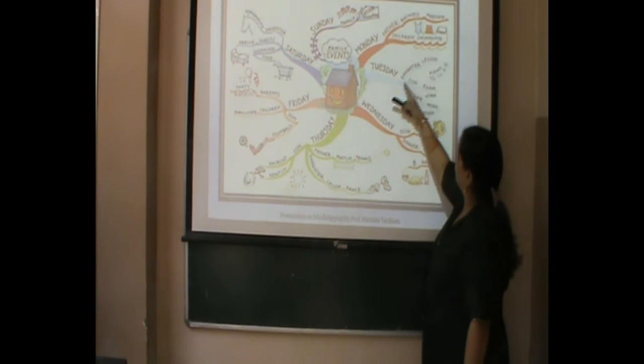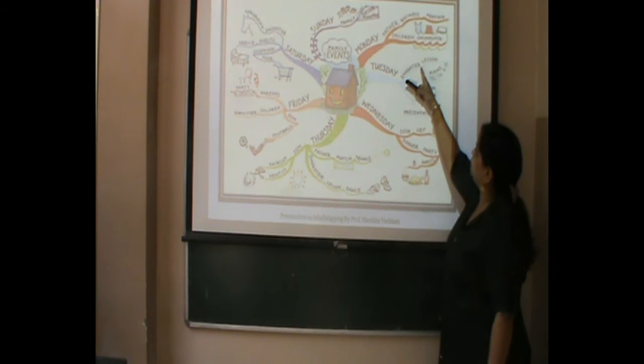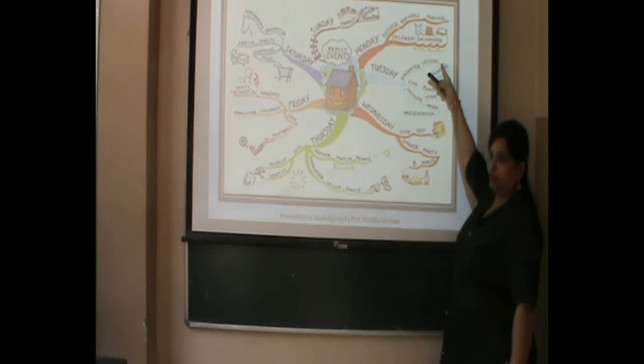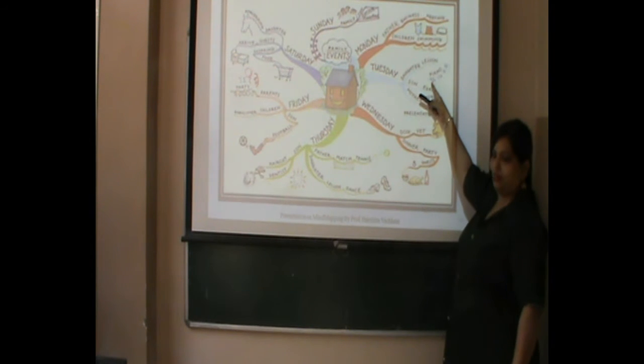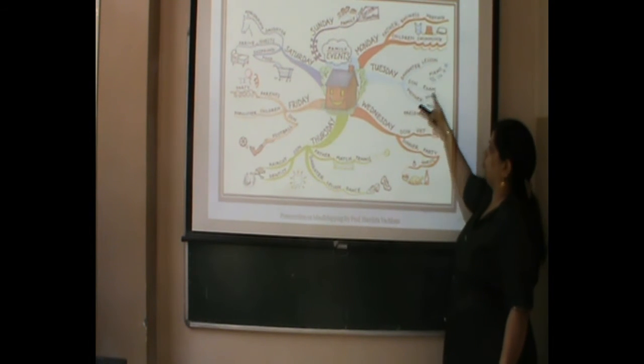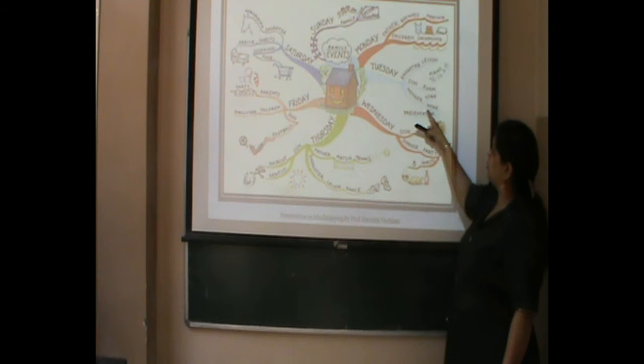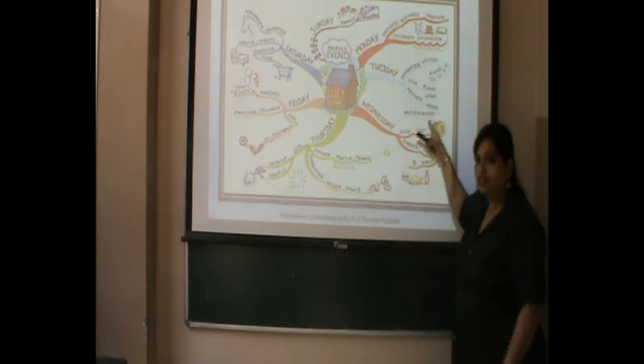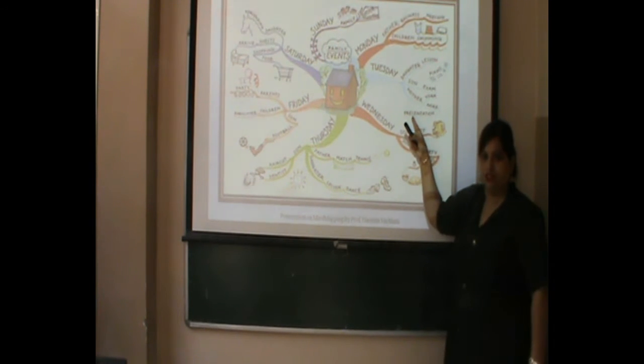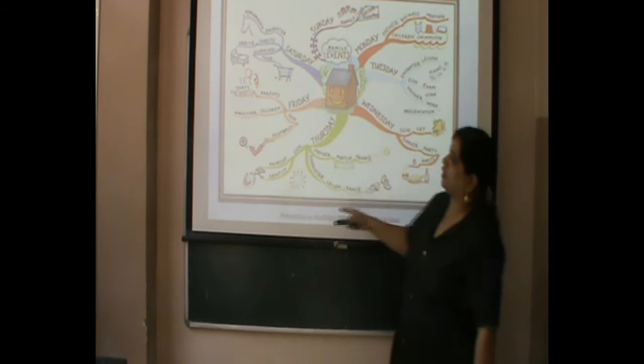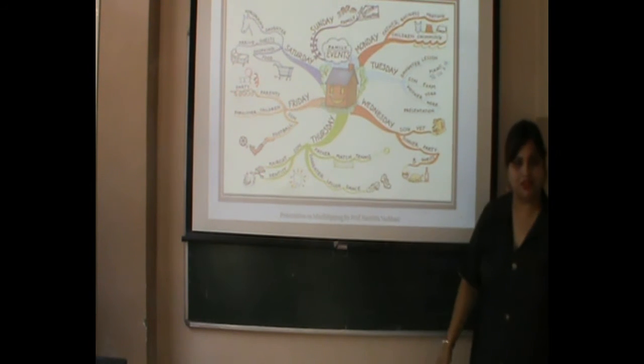Right? It has 3 sub branches, and this sub branch has one more sub branch. And this lesson, what lesson? It is a piano. Right? And the son is going to the exam. Mother is going to do yoga, and she is going to do work. But what kind of work will she do? She has to make a presentation. So in this way, from Monday to Sunday, you can make your mind maps.